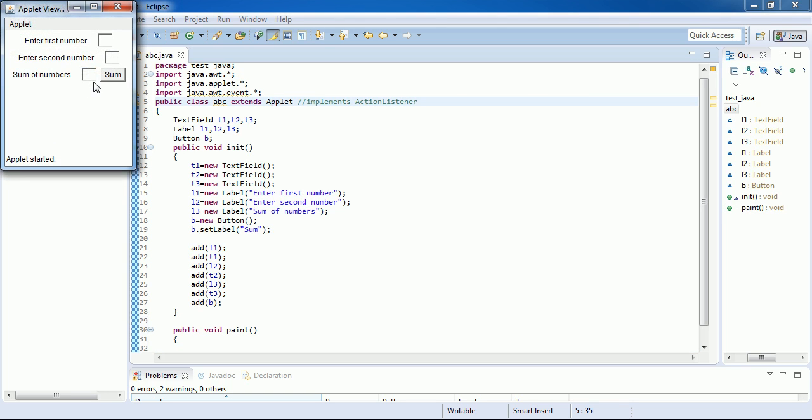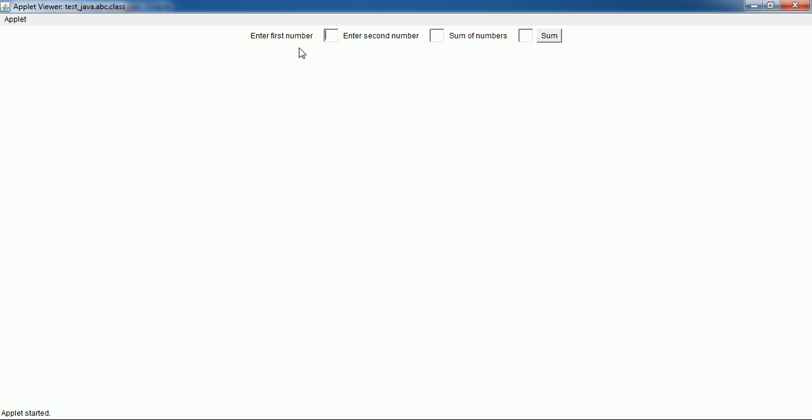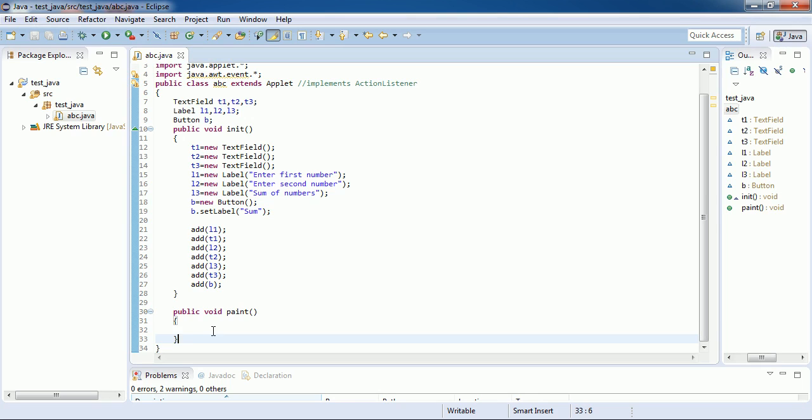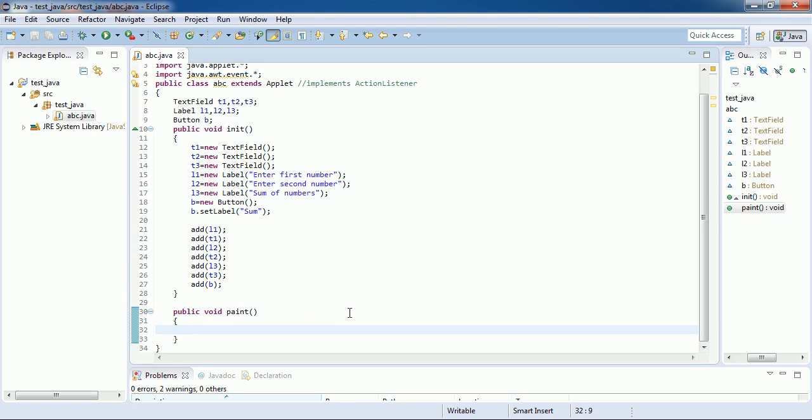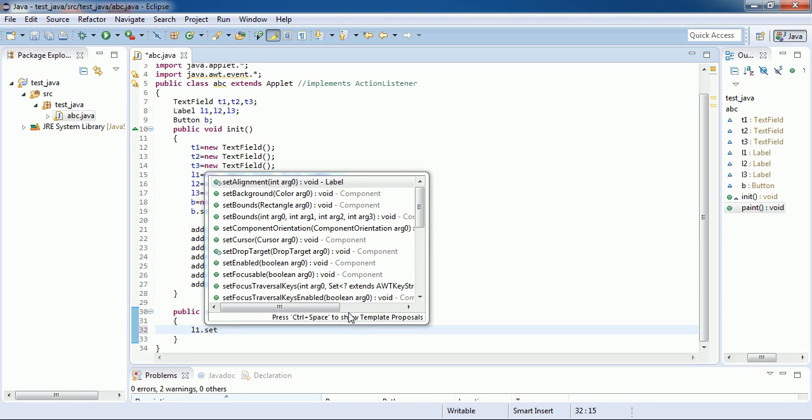So right now these are not aligned. These are their default size, width and height are displayed here. So we can give our own coordinates, and we can give width and height to these objects. For this we have a method called set bounds. So here I will write l1 dot set bounds,